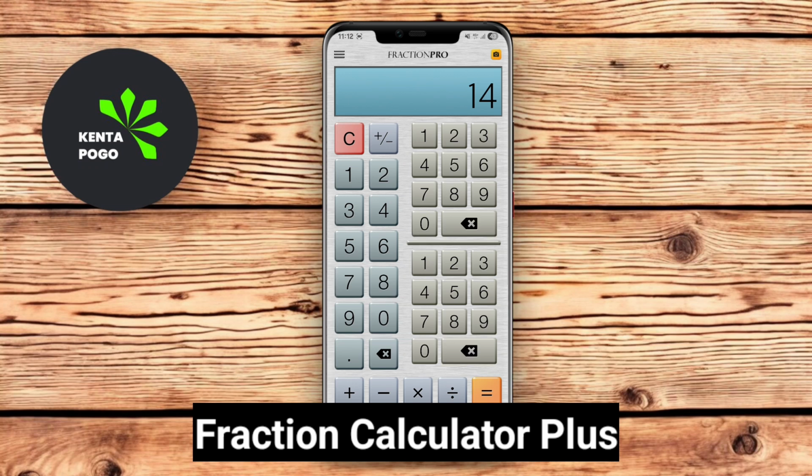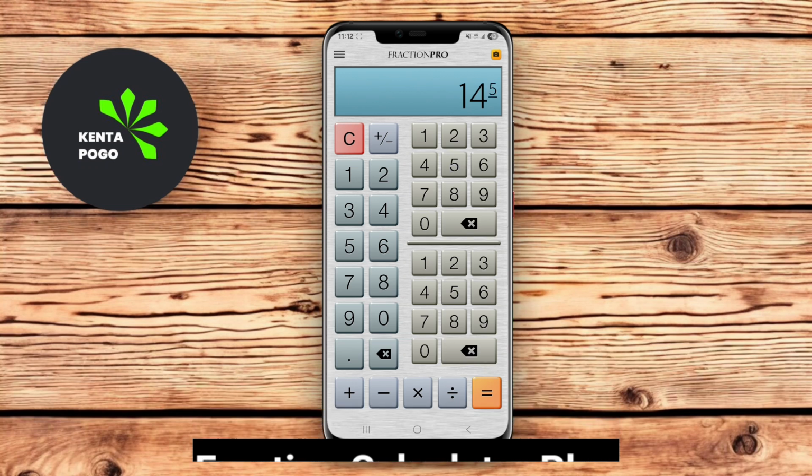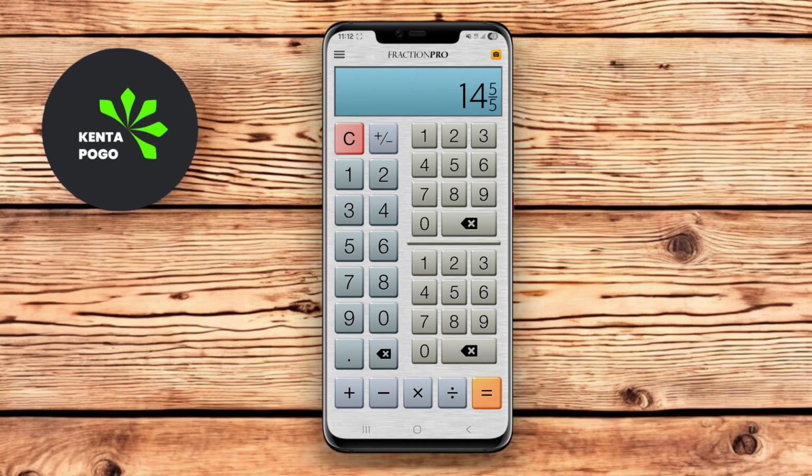Fraction Calculator Plus. Fraction Calculator Plus is a powerful and user-friendly app designed specifically for simplifying and performing operations with fractions. The app allows users to easily add, subtract, multiply, and divide fractions with just a few taps. It features a clear interface that displays the steps taken to reach the solution, making it a great tool for